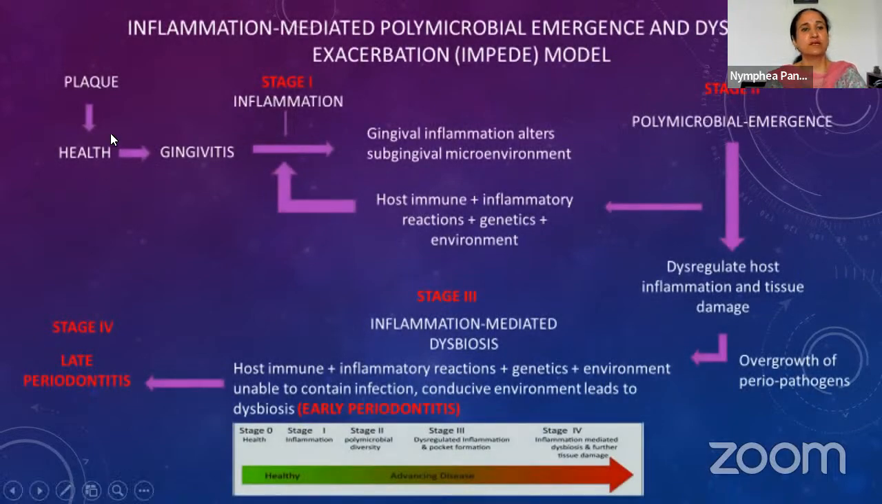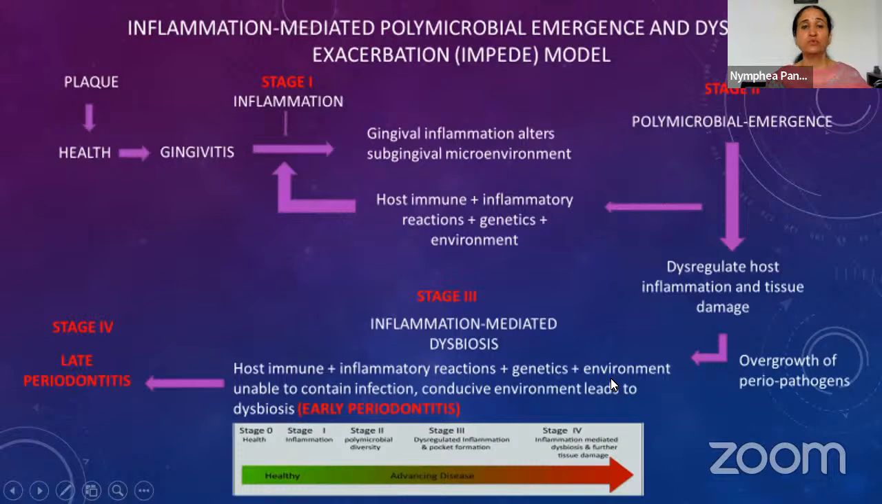So this model basically says that plaque in health may go up to gingivitis, but if there is inflammation, and there is genetic, environmental, diet or smoking or other factors, this causes a stage 2 or polymicrobial type of dysbiosis, a dysregulated host-immune response. There is overgrowth of periodontal pathogens, secondary to the inflammation. There is inflammation-mediated dysbiosis. So we are explaining these stages of the periodontal destruction according to the stages